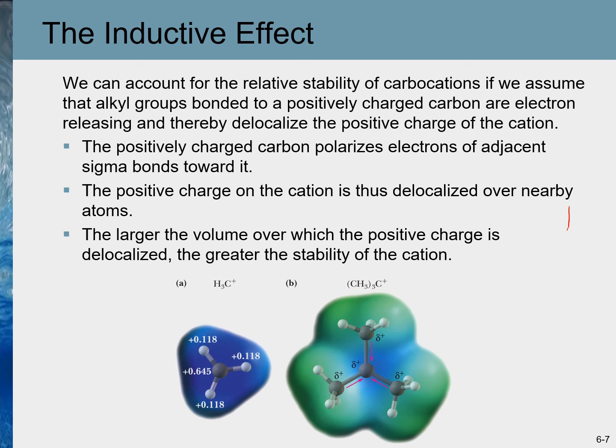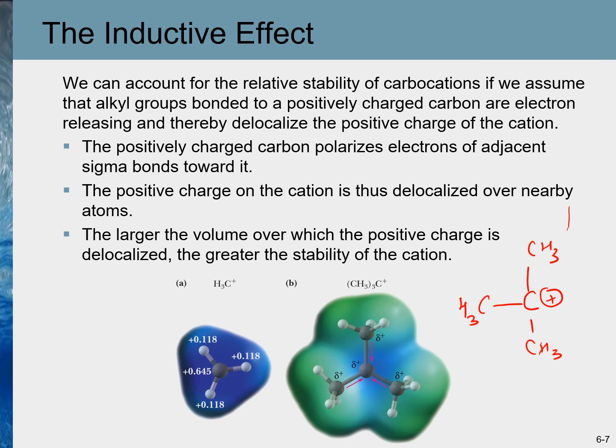Let's consider the example of a tertiary carbocation as shown here. Using the principle of delocalization of charge, we can explain the order of stability of carbocations if we assume that